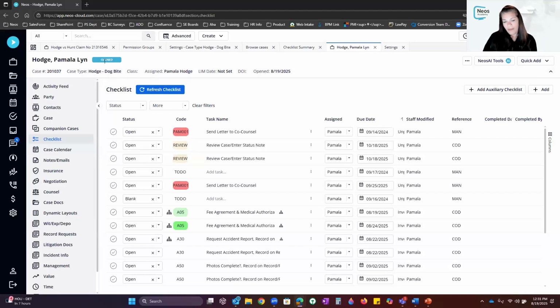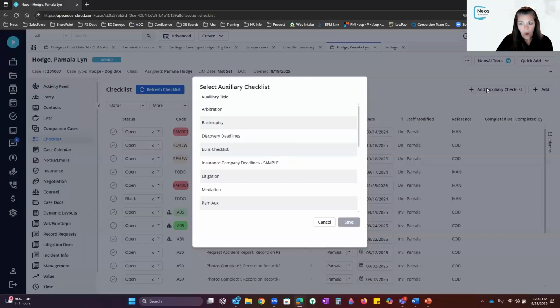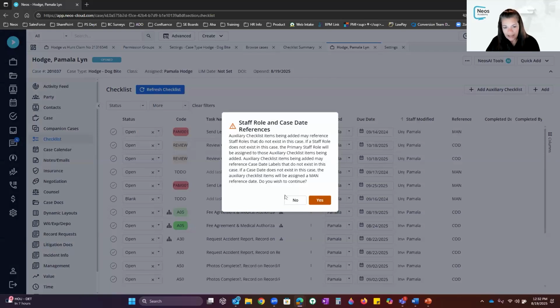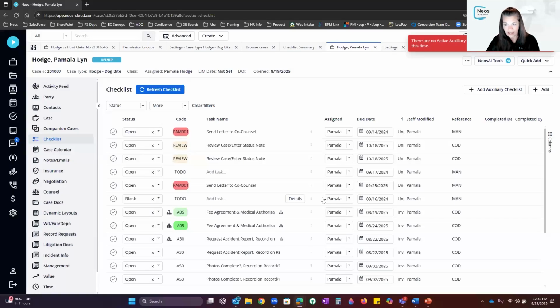Once I add my auxiliary checklist, and because I have it marked as litigation, this little icon is going to change. So over here on the checklist tab, I'm going to hit add auxiliary checklist. Once I hit add auxiliary checklist, I choose whatever auxiliary checklist that I want, and then I hit save. When I hit save, it's going to tell you that they're going to be adding checklist items, and do you wish to continue? If I say yes,